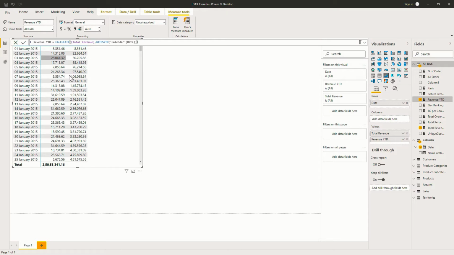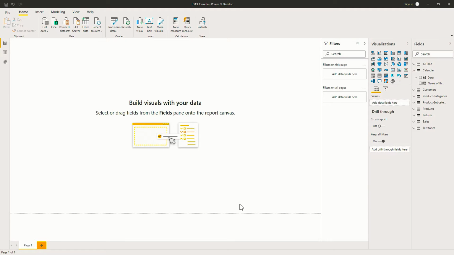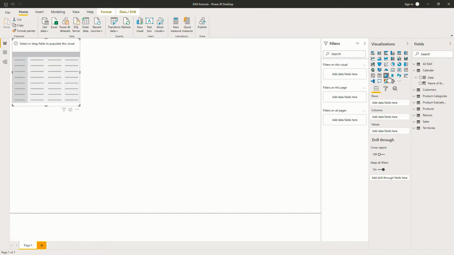So let us start our demo by performing a year to date or YTD calculation. So here again I am in my Power BI desktop and under the report view. Now here I will add a matrix.